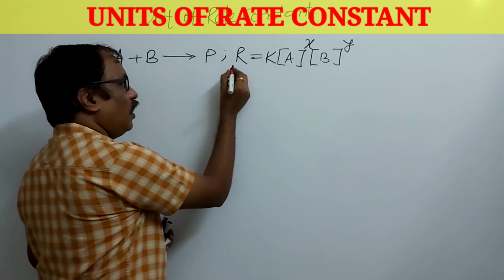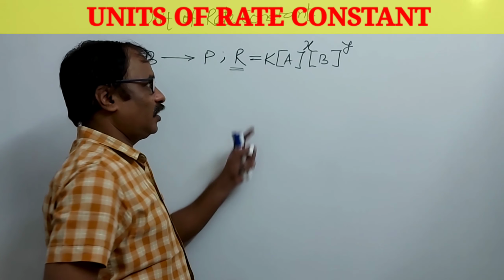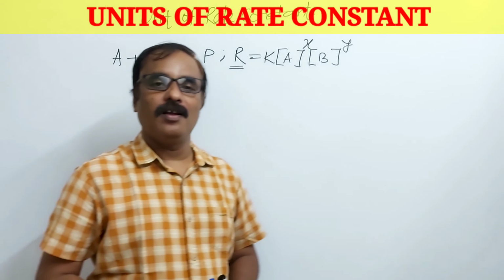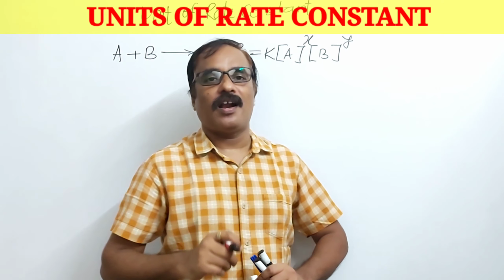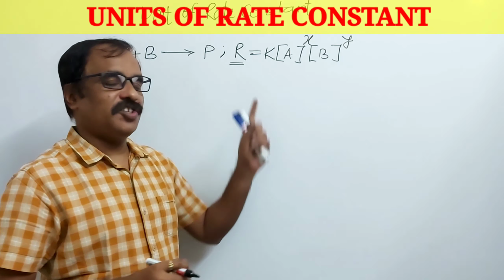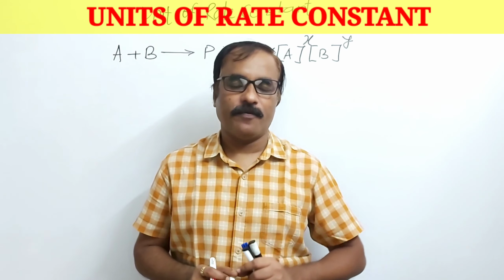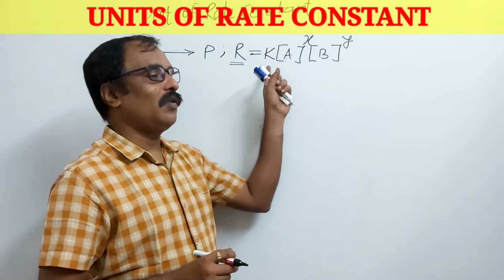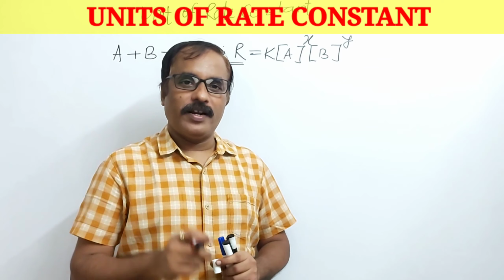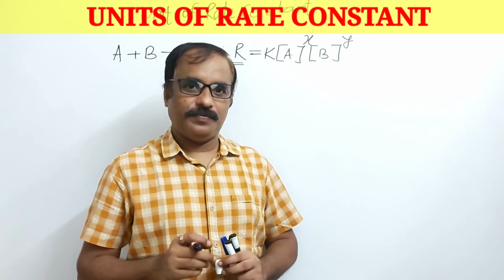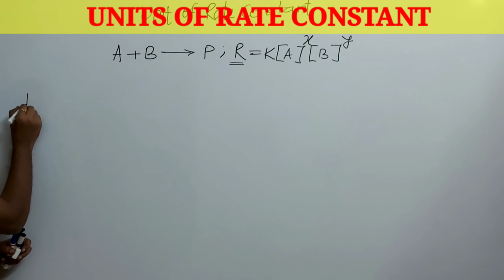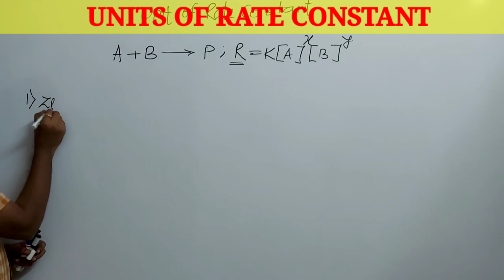So what is R? R is the rate of reaction. And what is K? K is the rate constant. K का मतलब rate constant होता है और इसका यूनिट हमें फाइंड आउट करना है. रेट ऑफ रिएक्शन का यूनिट देखा हमने फर्स्ट लेक्चर में. Today we have to find out the unit of rate constant when the reaction is a zero order reaction. In case of zero order reaction, suppose a reaction is zero order.